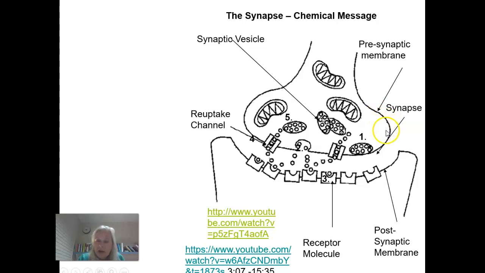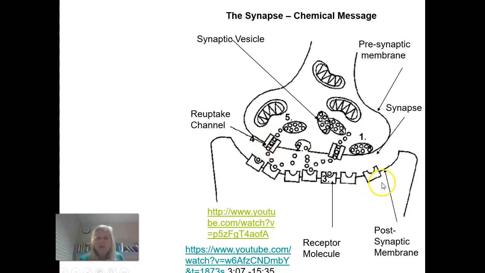There is a membrane at the end of the terminal button called the presynaptic membrane. There are these vesicles, and they contain the neurotransmitters that tell the neuron what to do. So if you wiggle your hand right now, there are 2 neurotransmitters that are helping you to do that, acetylcholine and dopamine. We'll talk more about those later on. And they're released from a synaptic vesicle. This right here is called a reuptake channel, and I'll explain in a little bit why that's so important.